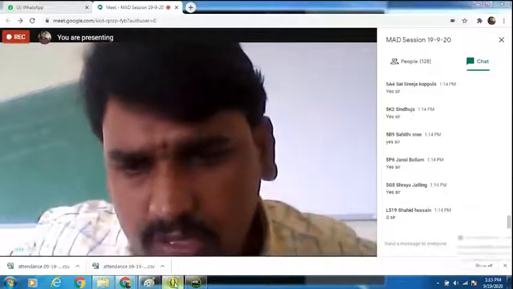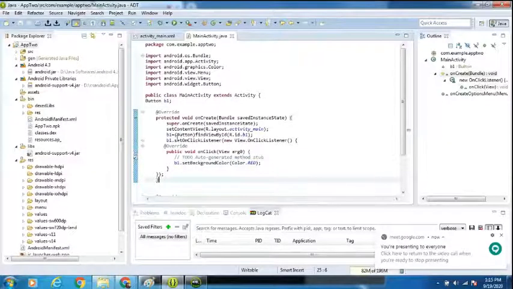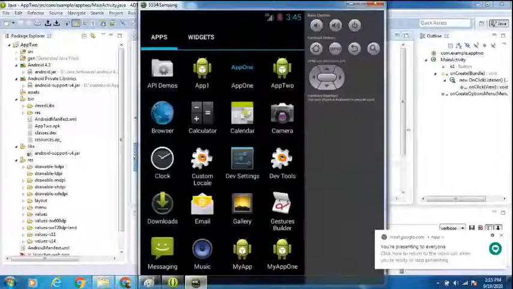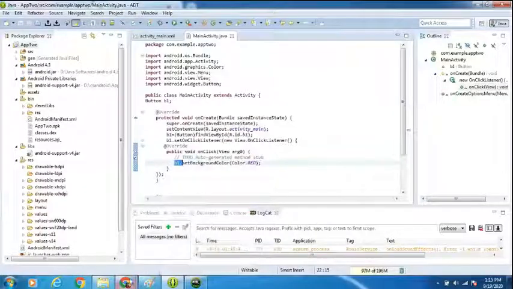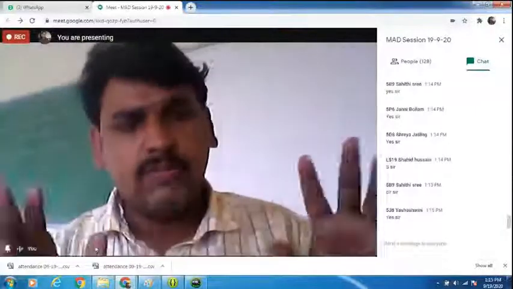As you know, this code is quite simple. This is used to set the listener for button one. When we click on the button, the onClick method will be executed. This onClick is the event. When we click on the button, the onClick handler will be executed, and this will apply color dot red to B1 or B2. B1 is button one, so the button one color is applied as red color. When you click, we got the red color. Is it clear, everyone? Please let me know. Okay, in the next session, we shall work with a new application.